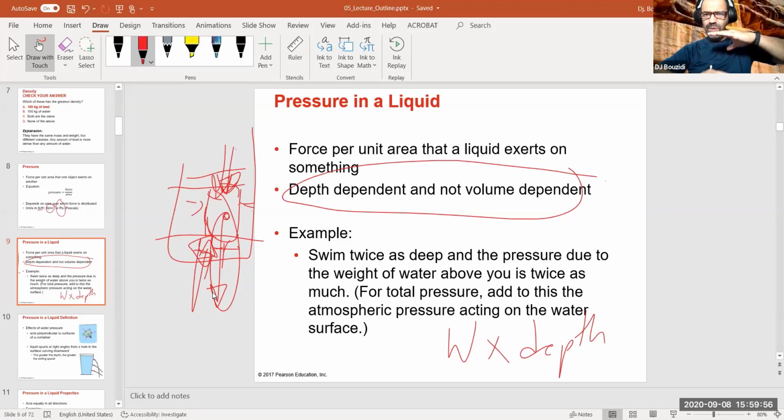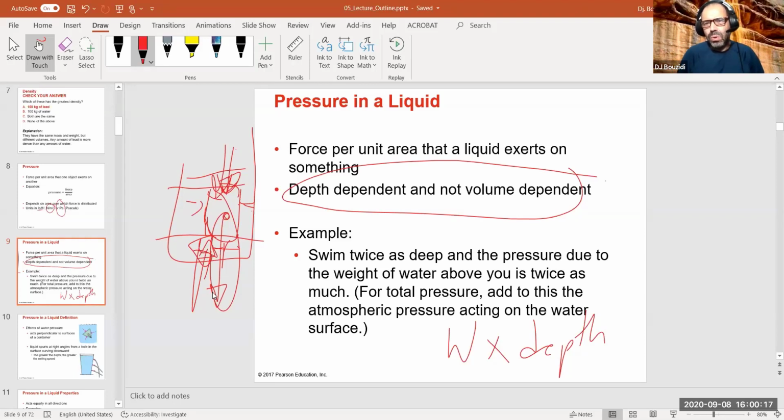you're going to feel another atmospheric pressure. And if you go deeper and deeper, you're going to feel more and more pressure. If you don't have proper equipment, you're going to implode because of that pressure. I mean, your outside will go inside, and it's not a pretty picture. So wear protective gear if you're going that deep in water.